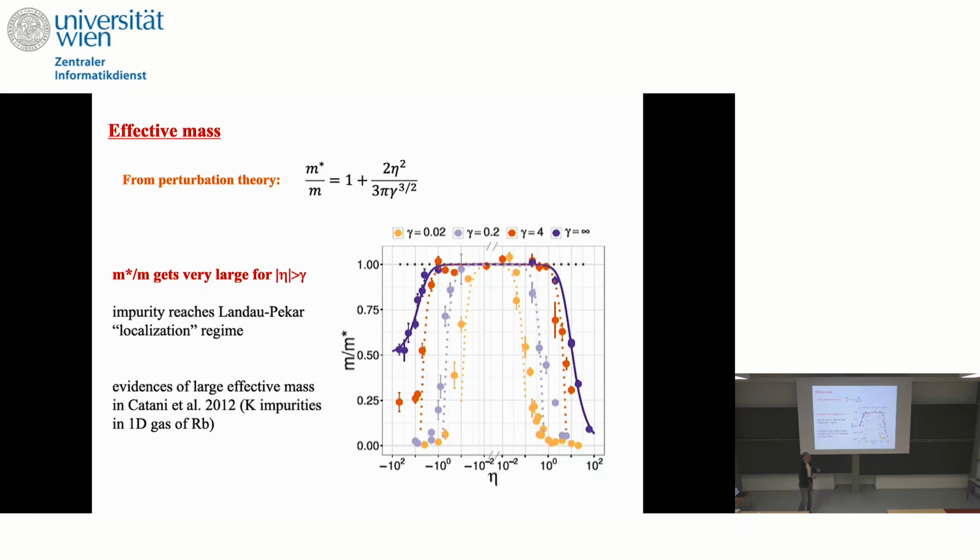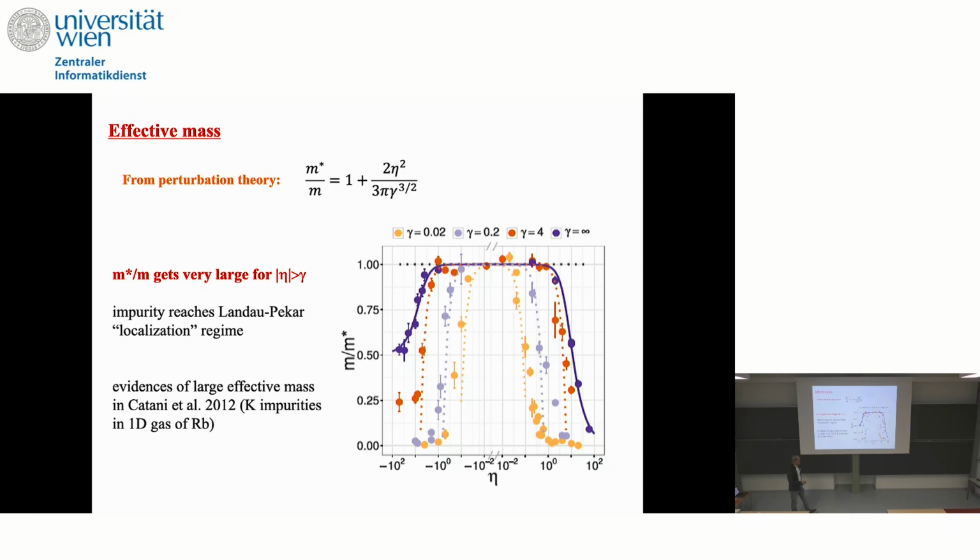Okay, and so this relates nicely with the paper of Landau and Pekar, because we could calculate what is the effect of the bath to the effective mass of the impurity. And here we see, again, there is an exact solution in the case of gamma infinity. In this case, the effective mass for attractive eta goes to 1/2, because in this case, you have the formation of a dimer, and then the dimer has twice the mass of the impurity, and so m over m star